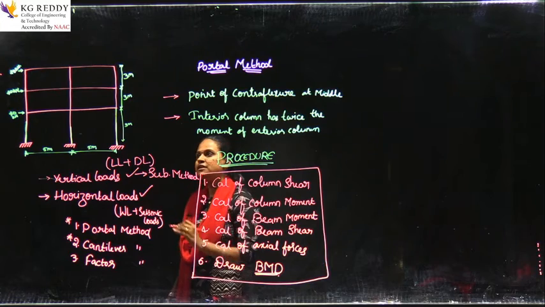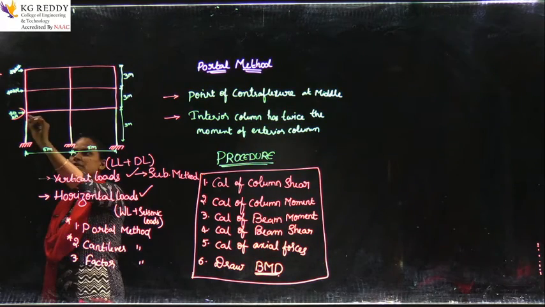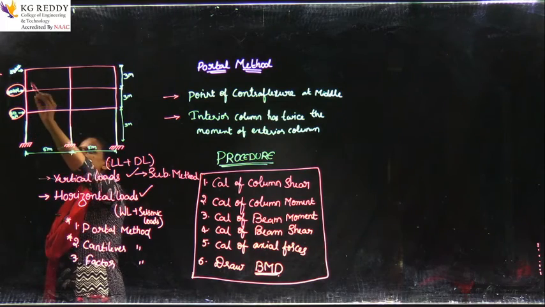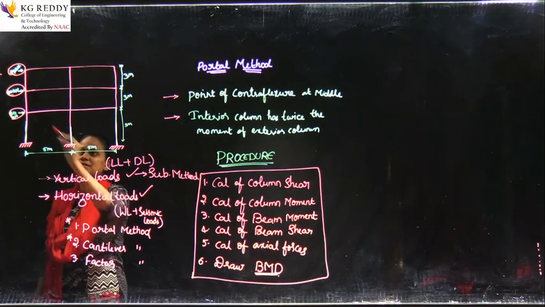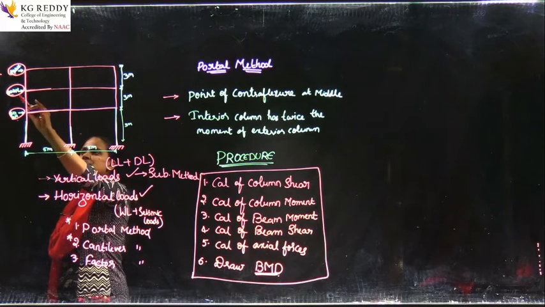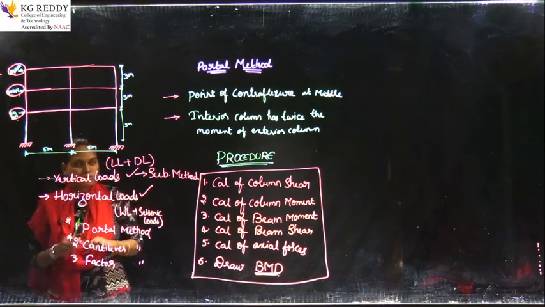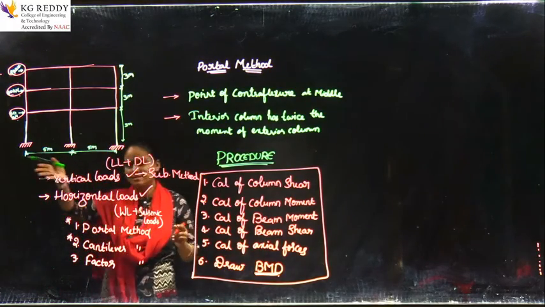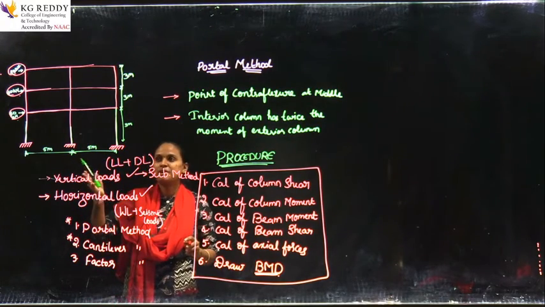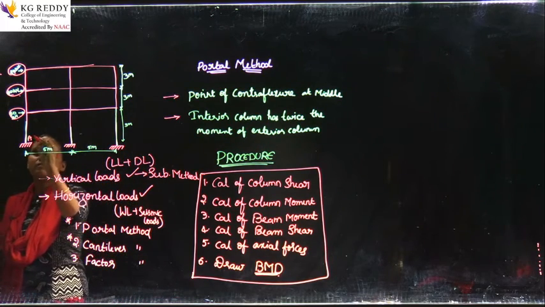So for example, here you can see one 2-story frame which is subjected to loads. For the first beam you have 40 kilonewtons, for the second you have 40 kilonewtons of load, and for the third beam you have 20 kilonewtons of load. So when you solve a problem, let us take this as the problem. Here you need to analyze the structure for the moments based on the portal method. First, when you consider this frame, note it down and name the points.